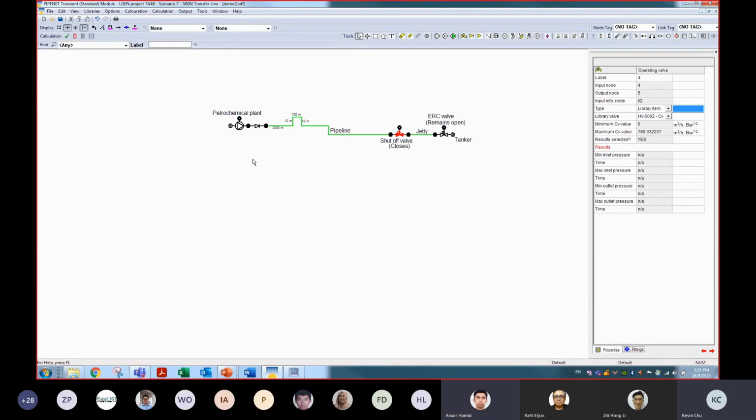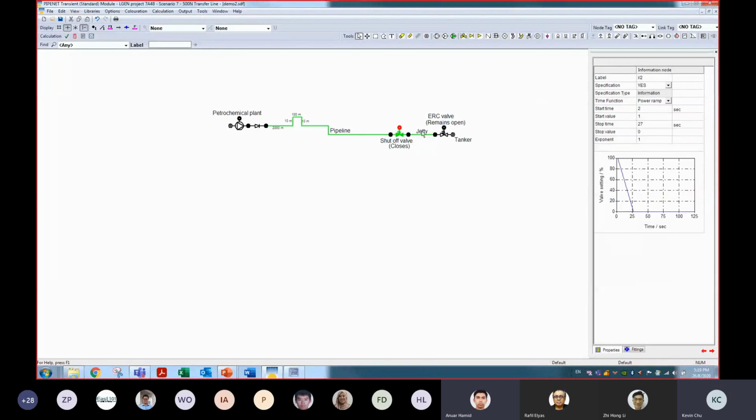One of the potential solutions is to try to avoid your end of pipeline going straight to the atmosphere. So what you can do is put another valve before it enters the tank, such that that will give you some back pressure to avoid the low pressure